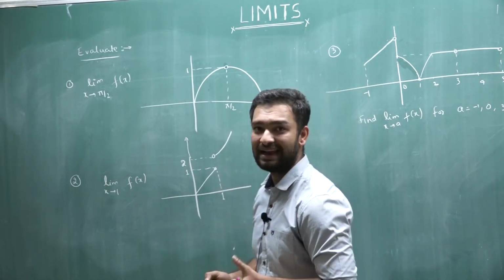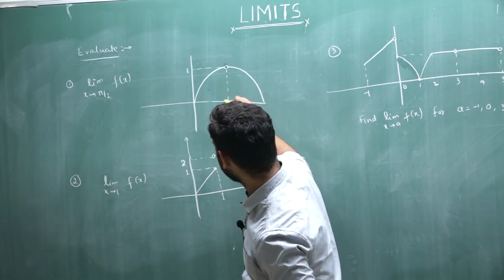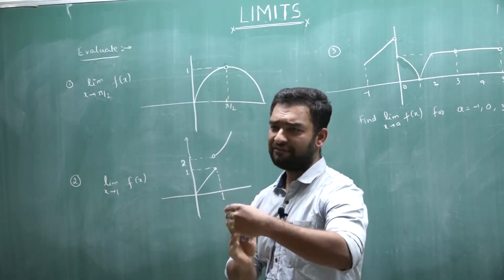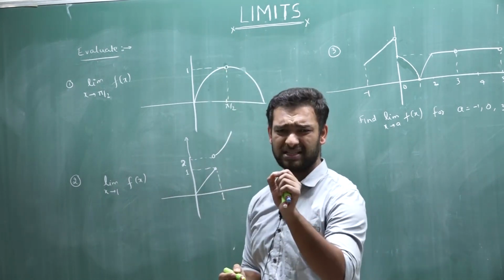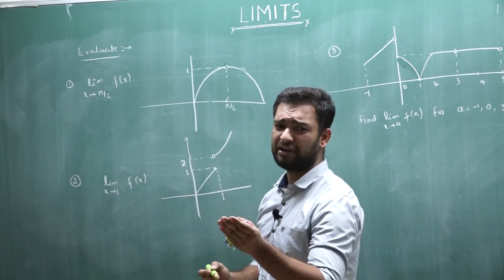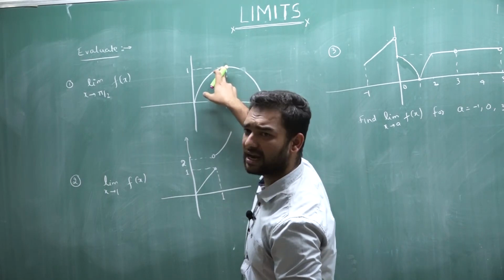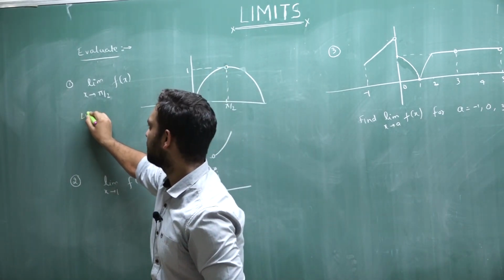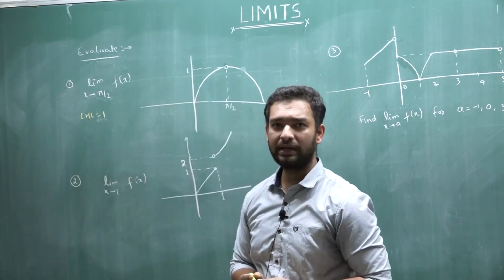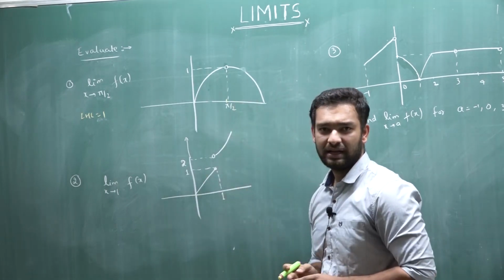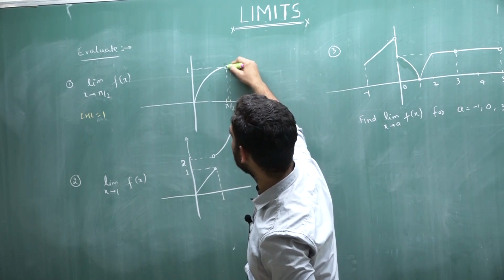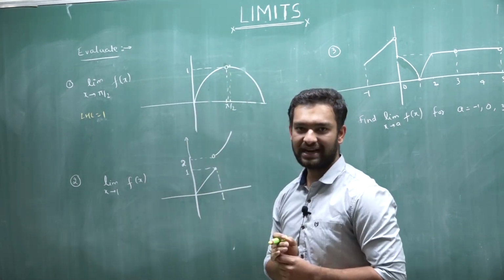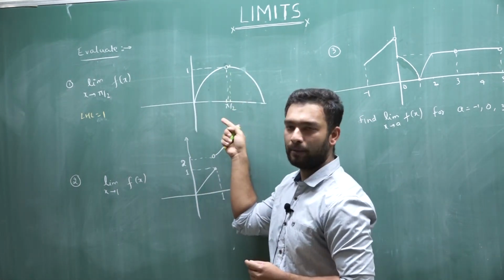First we'll see the left hand limit. The left hand limit will be very close to pi by 2, to the left hand side of pi by 2. If you want to find the value just close to pi by 2 towards the left of pi by 2, from the graph you'll get it as approaching 1. Next is the right hand limit. We'll find some value very close to pi by 2 on the graph when we are approaching from the right hand side to pi by 2.